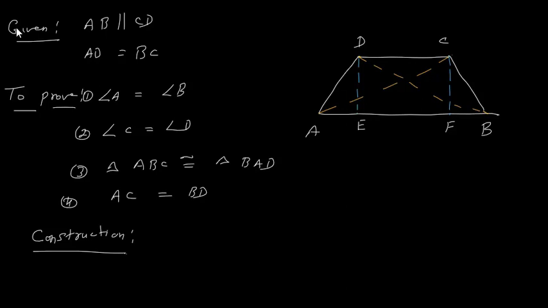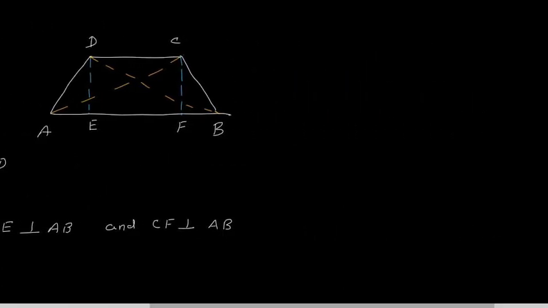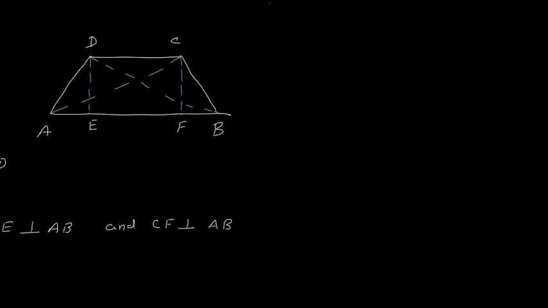So in construction, let us say draw DE perpendicular to AB and CF perpendicular to AB. This is our construction. Now I will do the proof here. In triangle DEA and triangle CFB,